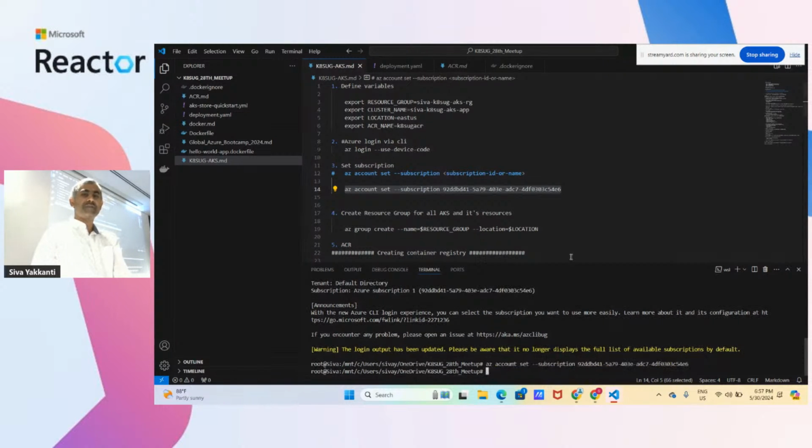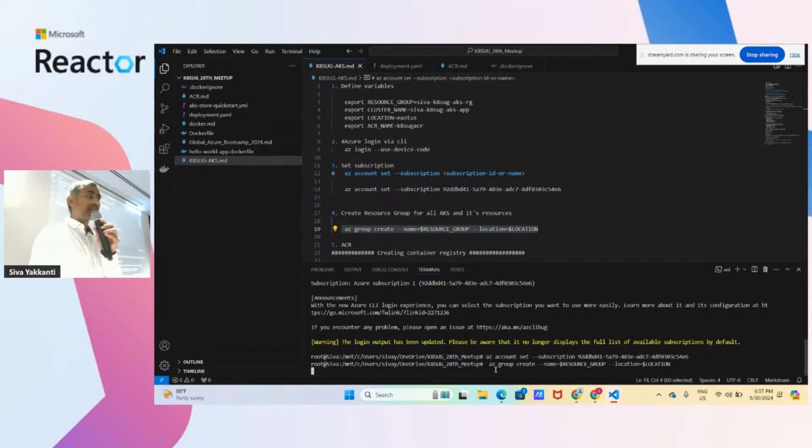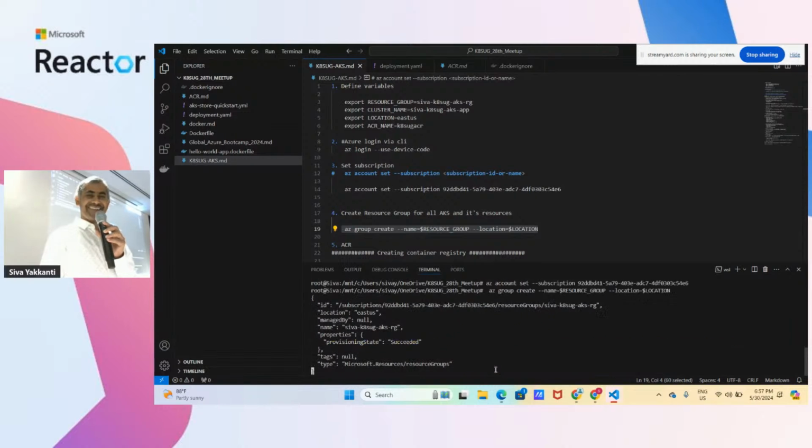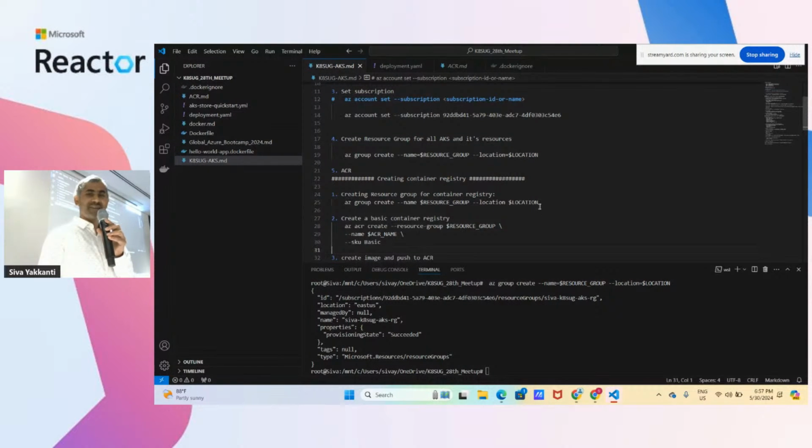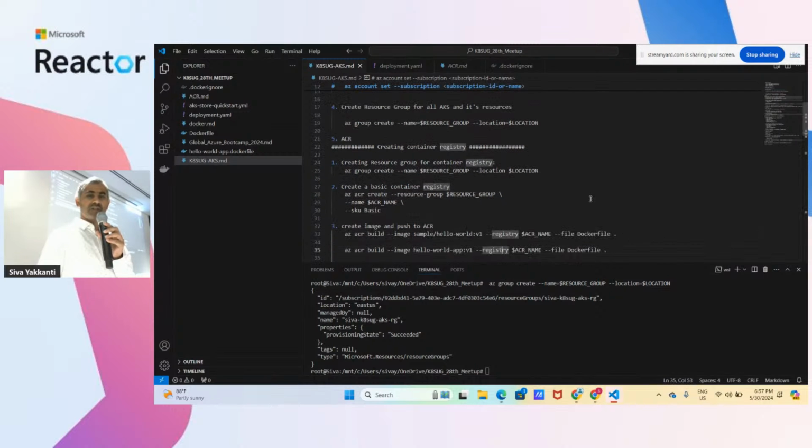So I have a subscription which I set as default, and then to create a cluster we require a primary component, which is a resource group. I just created it in the past. I thought my session would be the second session, so in between I thought to prepare again. I created a resource group, and after the resource group, just for a quick demo,